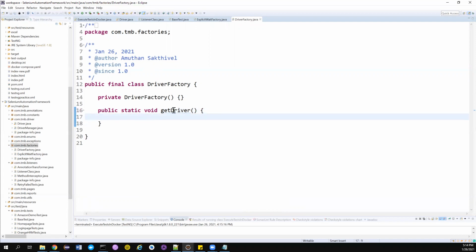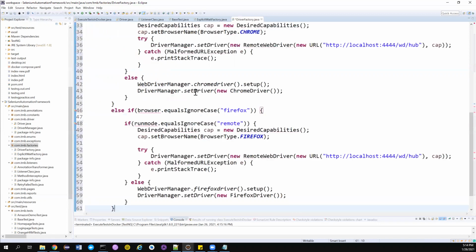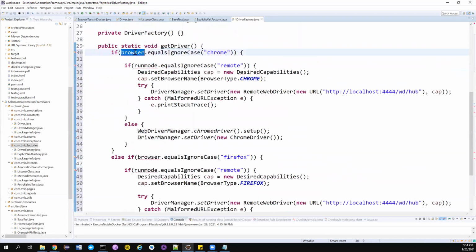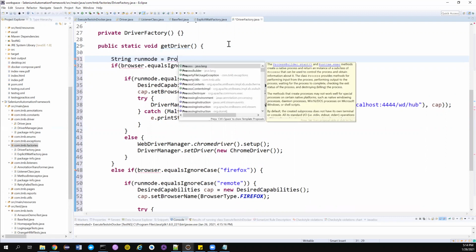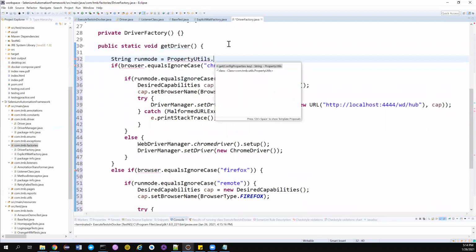Good. Now if you notice, I am pasting the code that we have copied here. So it needs a browser and the run mode. Okay, so run mode, I can get it here, string run mode. I want to fetch it from the property utils. If you haven't watched my previous video, please do watch that so that you can understand what is going on here.